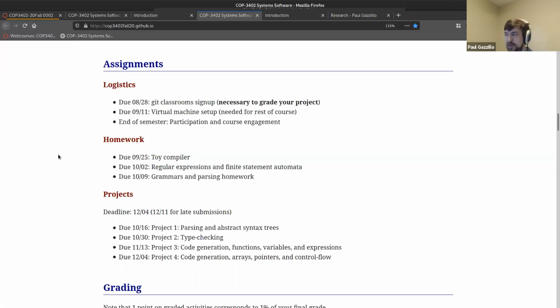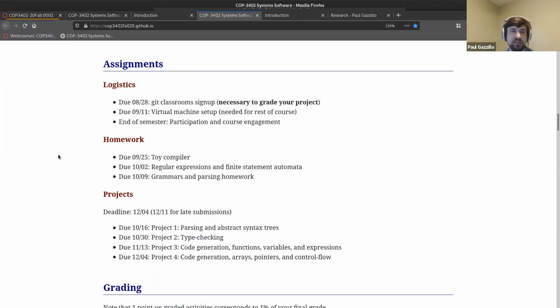So don't worry about this too much. I'm not taking attendance or anything. As long as you're following along with the course and doing the homeworks, this shouldn't be any issue. But this gives me a little discretion in the grading, you could say. In the homework category, these are